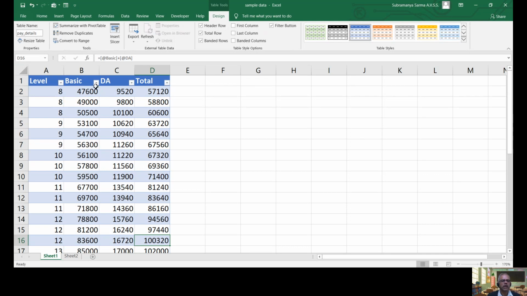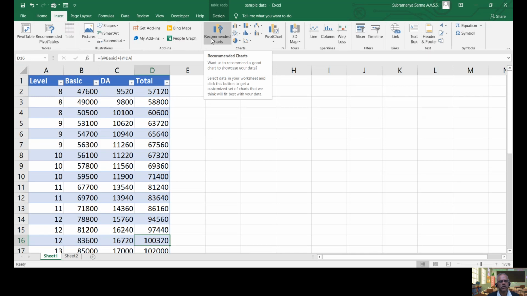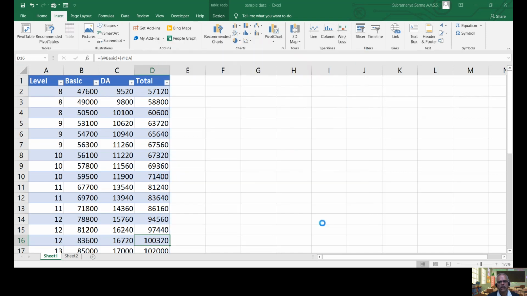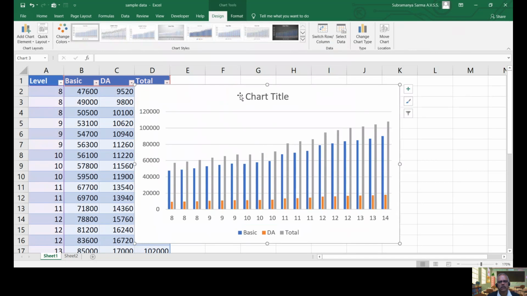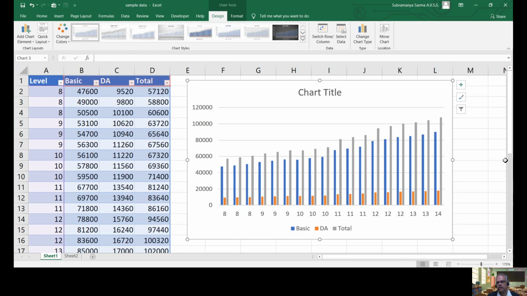And one more advantage I want to explain to you is if we insert a chart, right? Suppose I want to insert a chart based on this data. I have selected Charts from the Insert menu, and these are the recommended charts. I have selected one chart, and the chart was drawn automatically by Excel, right?